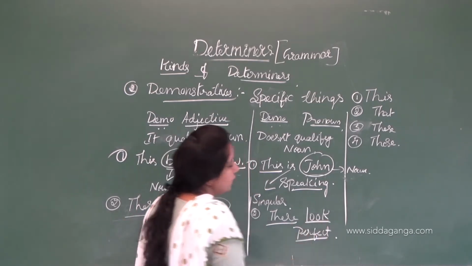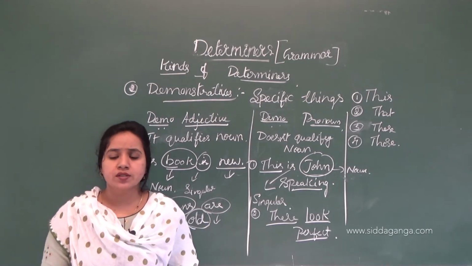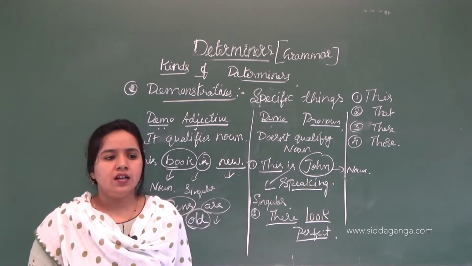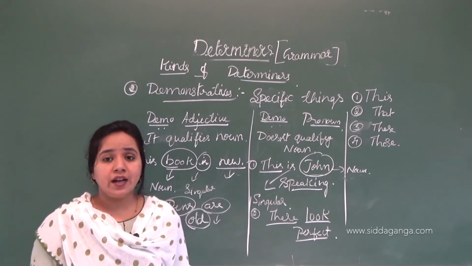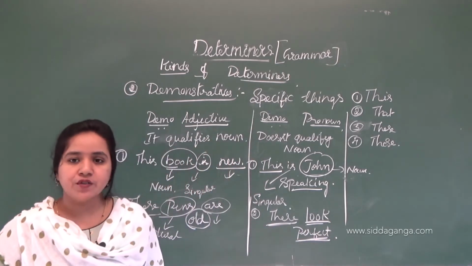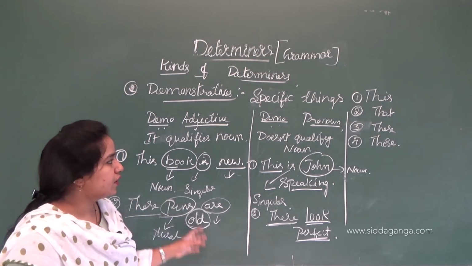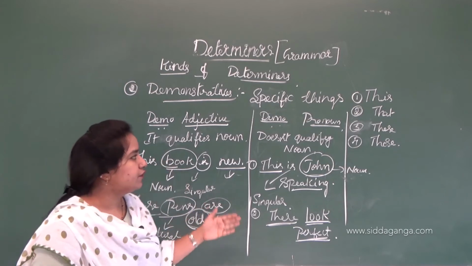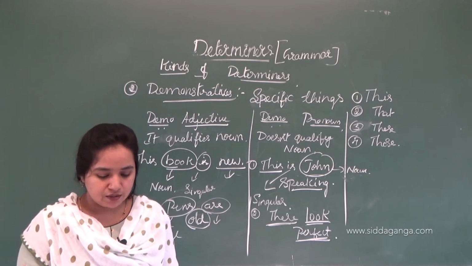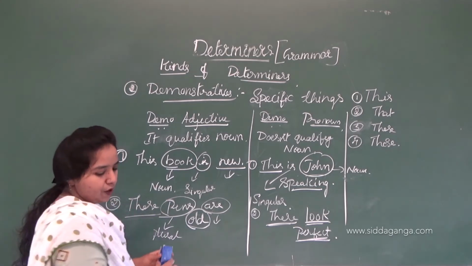So it may be any book, or any craft you made, or any drawing, or any things which you have prepared. In that situation you say "these look perfect." It is a perfect figure, which gives a perfect shape. So in this case, we can differentiate demonstrative adjective and demonstrative pronoun. I hope you have understood with the help of the examples. Next we will move on to the possessive adjectives and pronouns.